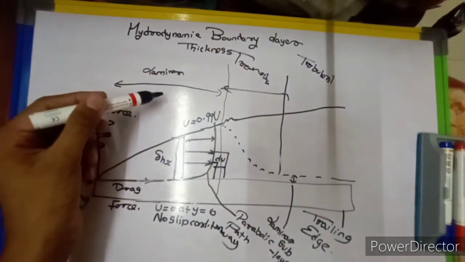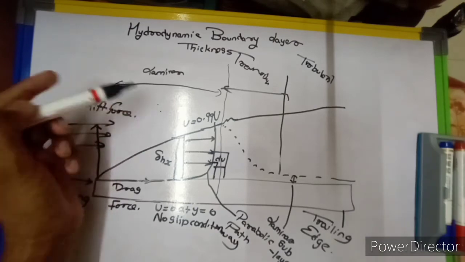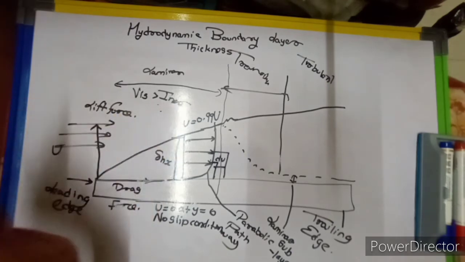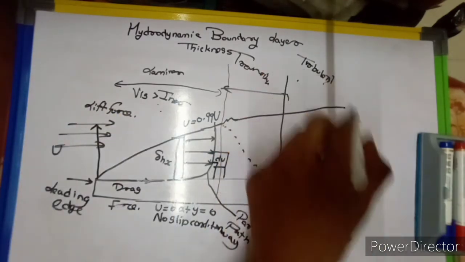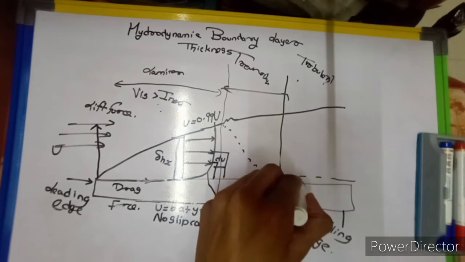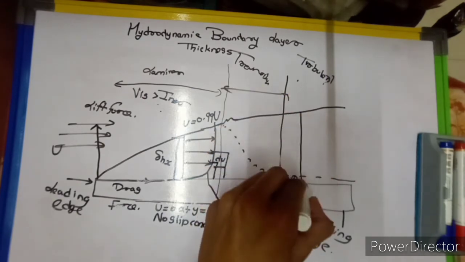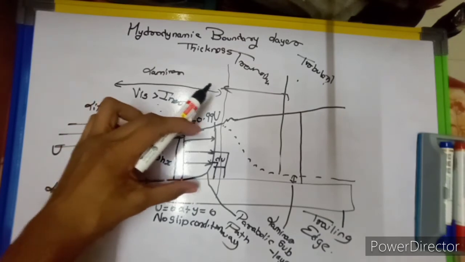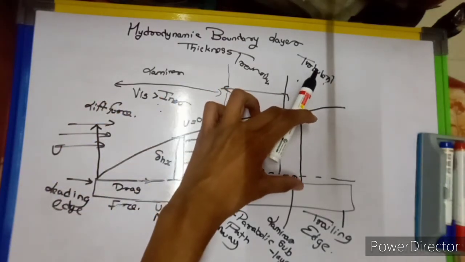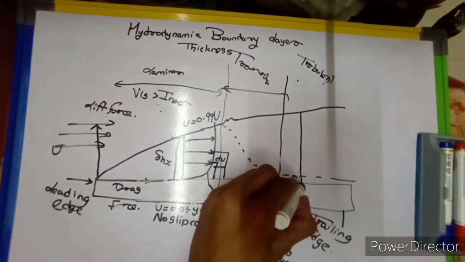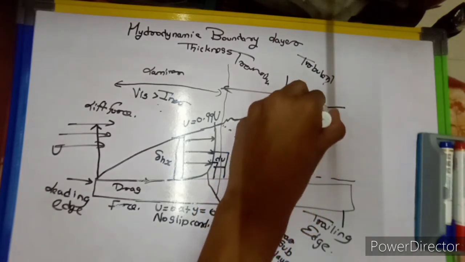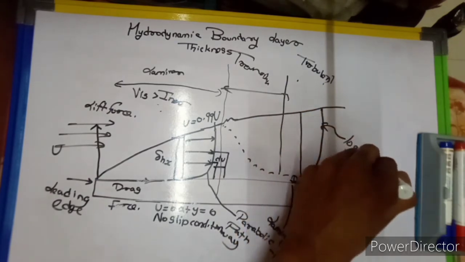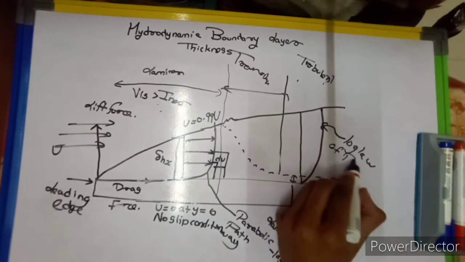See, why is there laminar flow here? Because viscous force dominates the inertia force. Why is it turbulent here? Because inertia force is dominant over viscous force. Therefore, you can see here the hydrodynamic boundary layer thickness is smaller, but as the distance increases from the leading edge, the hydrodynamic boundary layer thickness increases, and the profile is not parabolic, but follows the log law, the log law of Prandtl.